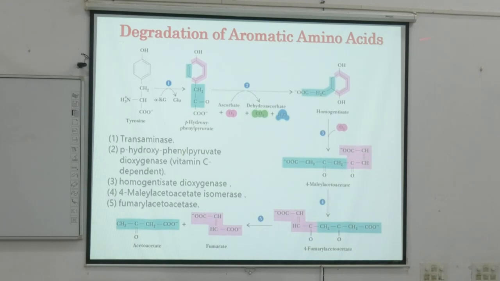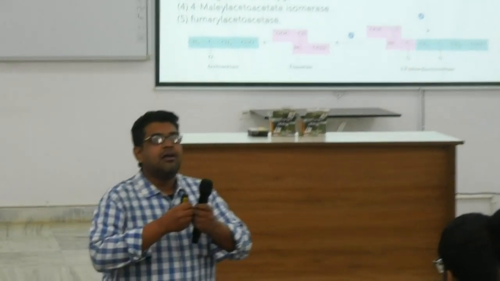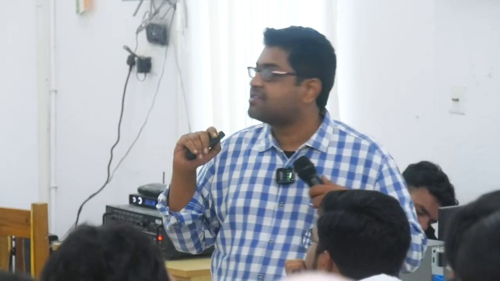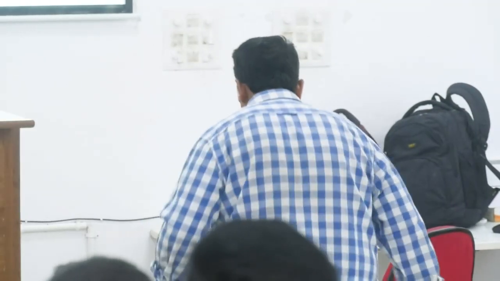Okay. So let's see how the aromatic amino acids are degraded. In order to degrade it, you have to do a decyclization. You have to break up a cyclic ring, which is very difficult because cyclic structures are stable. So tyrosine has a beautiful benzyl ring, then a hydroxyl group, and then an amino group attached to it. Nothing very difficult. I can draw it for you.